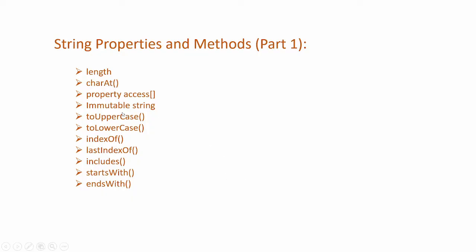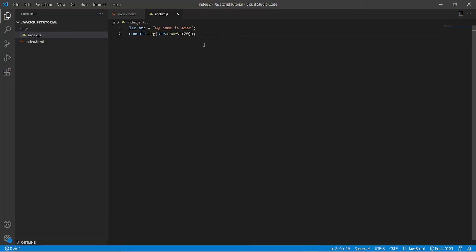Now we will discuss what an immutable string is. Strings can't be changed in JavaScript. It is impossible to change a character, and so it is said strings are immutable. Let's see in a practical way. Suppose we have a string with value hello. Now to get the first character, if we are using the property access feature, we can write str and square bracket 0. So it will print h in the console.